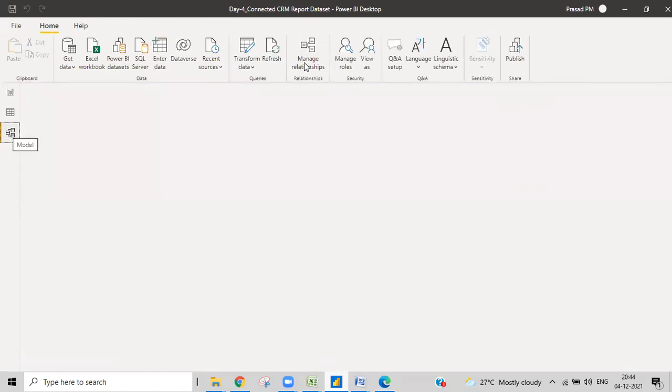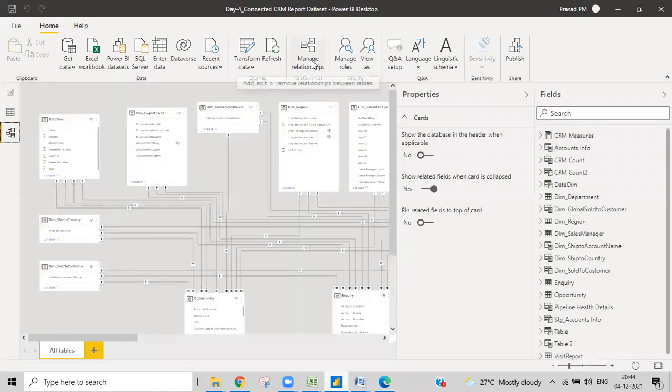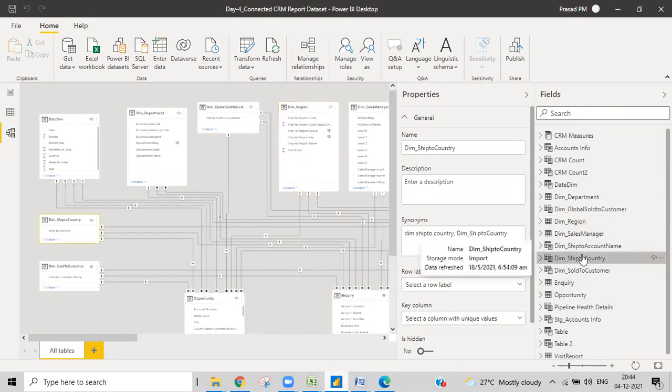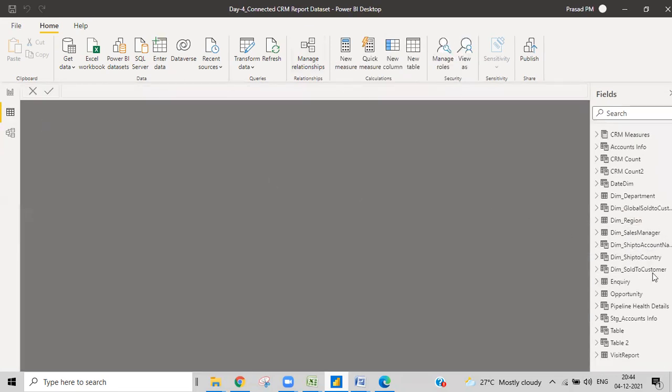That means the union is used before distinct, right? Yep, union is used, and after that we use distinct upon that, and then we can create dim region, ship to country, ship to manager, or whatever it might be. I'll show you here.